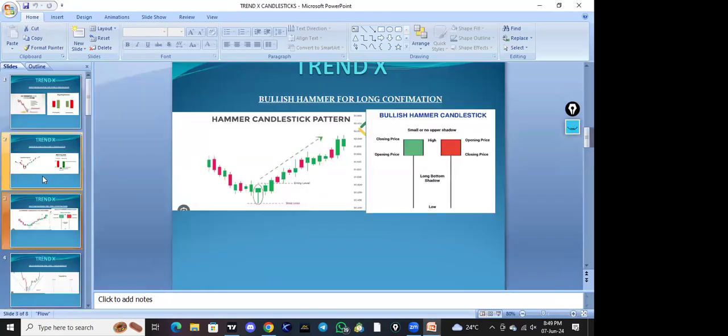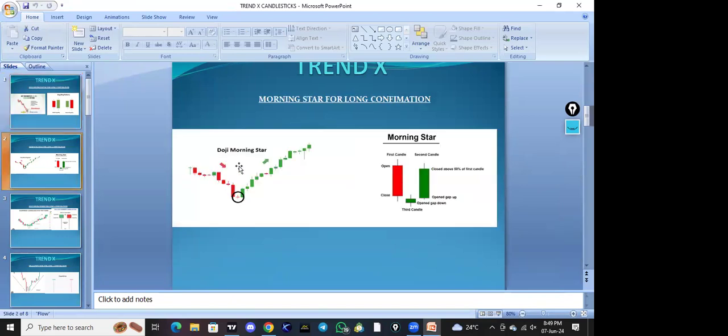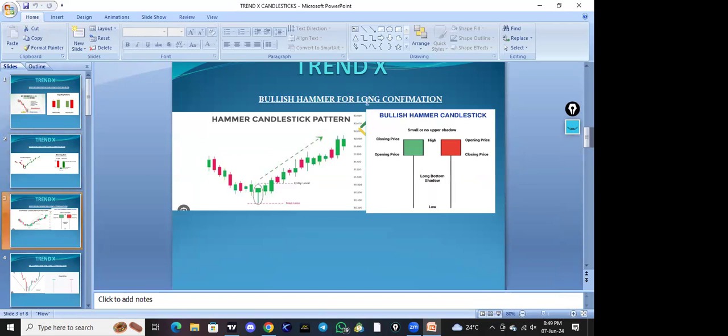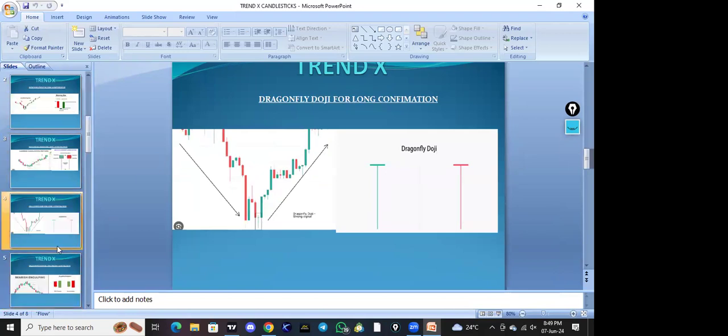Correct? These four candles, remember, I'll show you again. The first one is a bullish engulfing. The second one is a morning star, this doji, and here you can see they mentioned it. So when you see this candle, just go for the trade. The third one is a bullish hammer. And the fourth one is a dragonfly doji. This is for a long. Okay, now we'll talk about